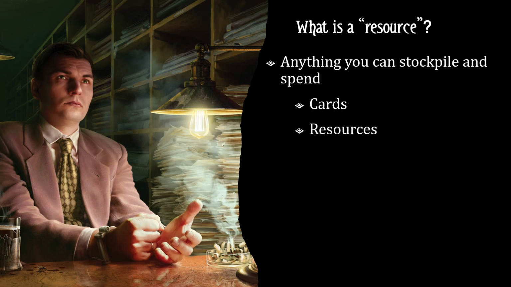Next, of course, are resource tokens themselves. They are used to pay for most assets and events, and can be used for boosting your skill value with talents or for some other game effects. Unlike cards, there is no limit to how many you can have. Your health and sanity is also a resource. We'll talk about how you can spend it later, but unlike cards and resource tokens, if you run out, you'll